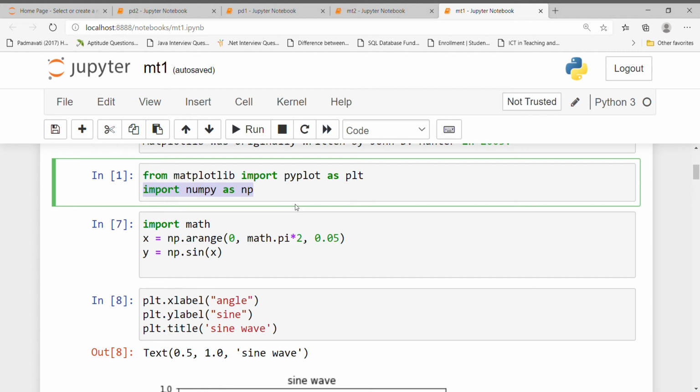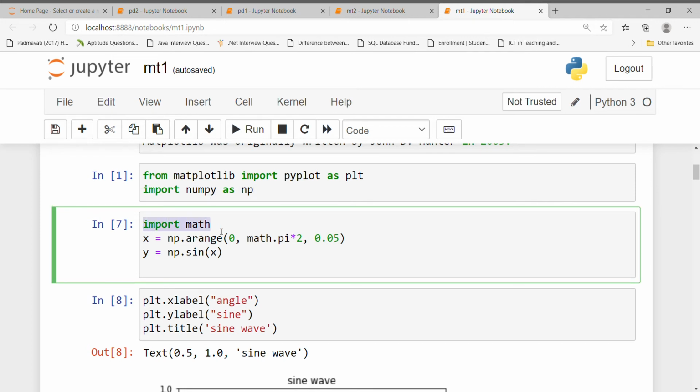We require to import this NumPy library because we are going to plot arrays of numbers, and for dealing with arrays we require NumPy. That's why we are importing it here. Again we are importing math. Math is used for importing math functions. In this we are using pi, that's why we are going to use math.